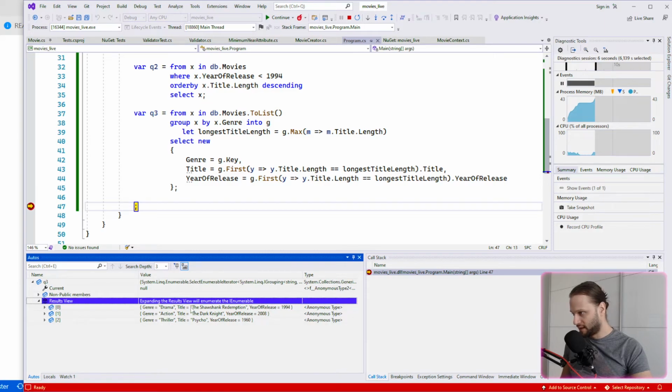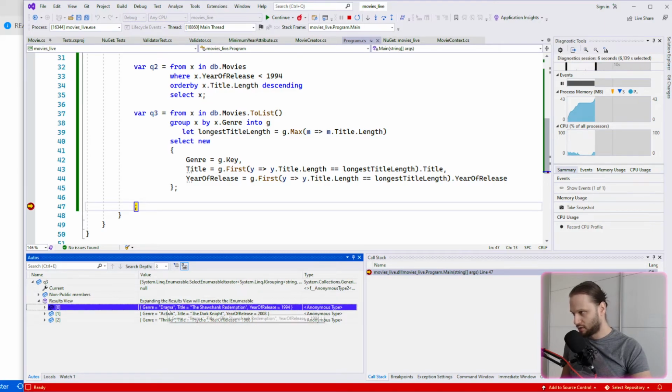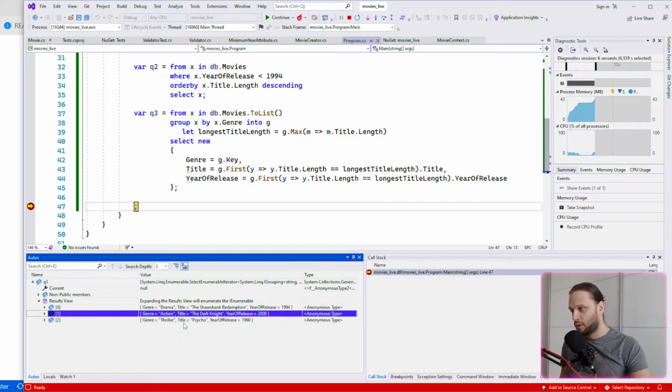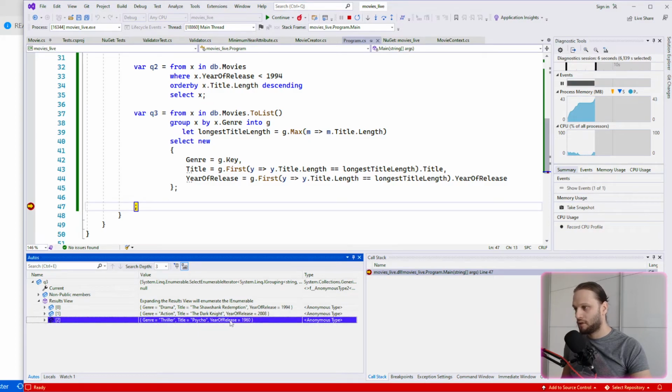So you can see here in Q3 that the genre drama has the longest title, The Shawshank Redemption, with the year of release 1994. For the action genre, the longest title is The Dark Knight, released in 2008, and for the genre thriller, Psycho, released in 1960, has the longest title. So our LINQ query worked correctly, except the fact that it wanted to be run on Entity Framework